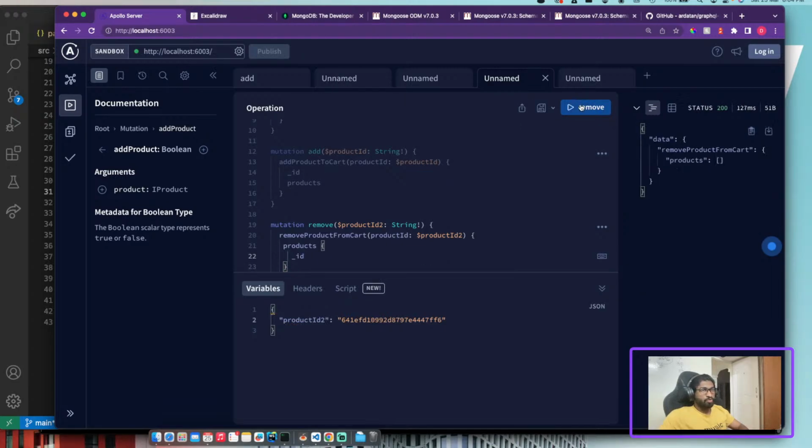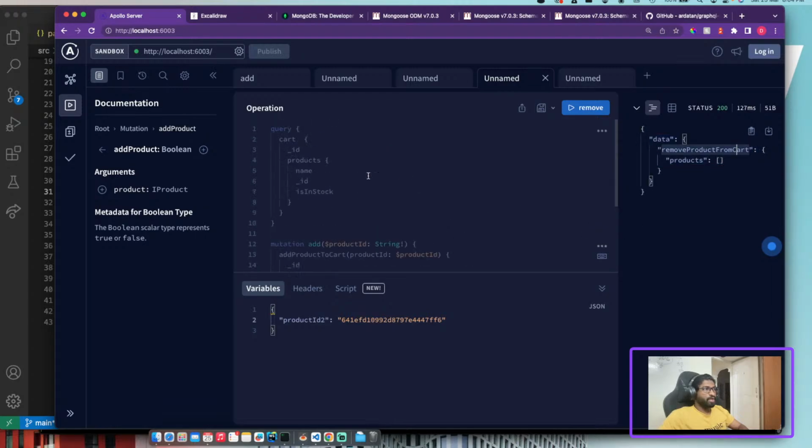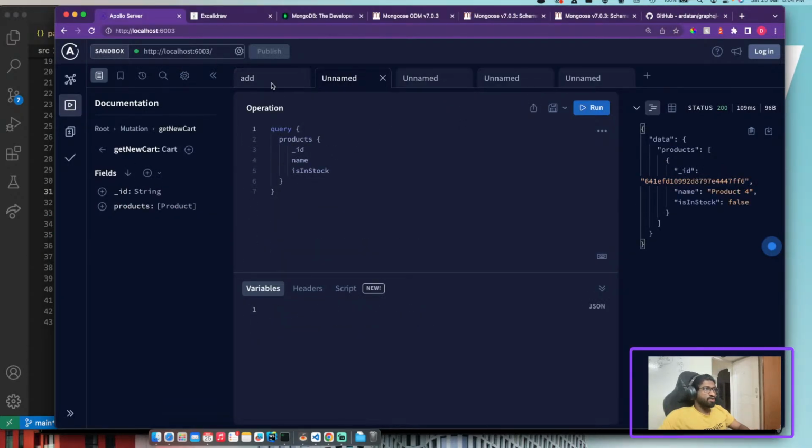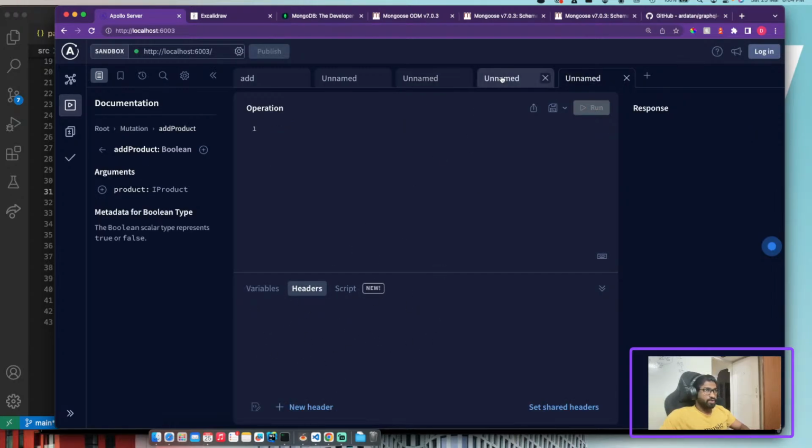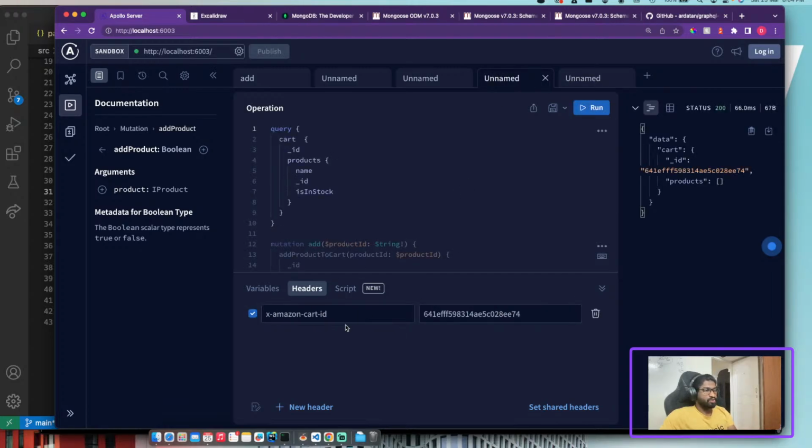Okay, let's run remove and products were removed. Okay, to confirm that, let's just get the cart again and see if the product is empty, and it is empty. So that's how you can add and remove from your cart and get cart. And if you do not have a cart, you can create a cart with the get new cart here. Okay, so you get a new cart here, and then you can set it in your headers, like how we have done here, it's Amazon cart ID,